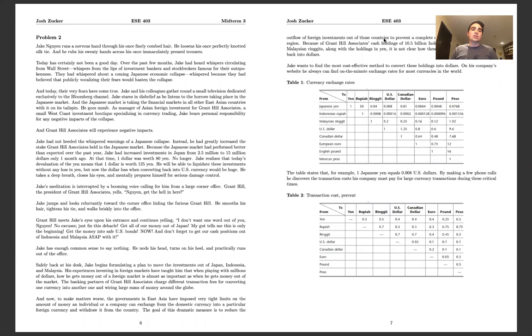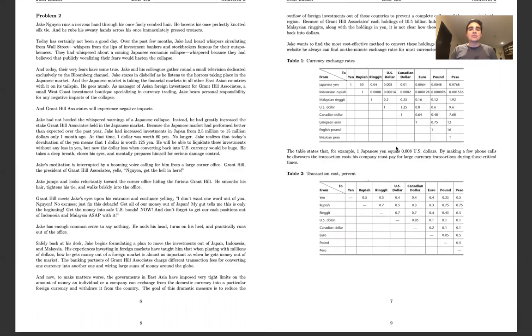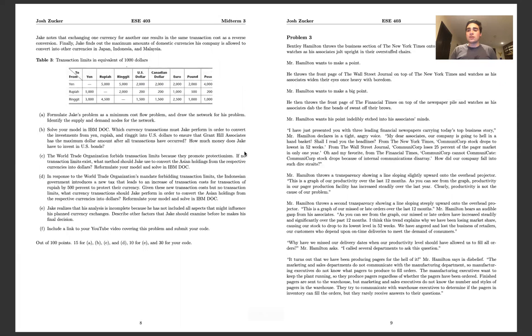So we have Jake, who is trying to pull money out of 3 different foreign currencies, specifically the Japanese yen, the Indonesian rupiah, the Malaysian ringgit, and trying to get that to USD. We're given exchange rates, we're given transaction costs, and we're also given transaction limits as far as how much money can be pulled. But the way we're going to formulate this is actually as a minimum cost flow problem